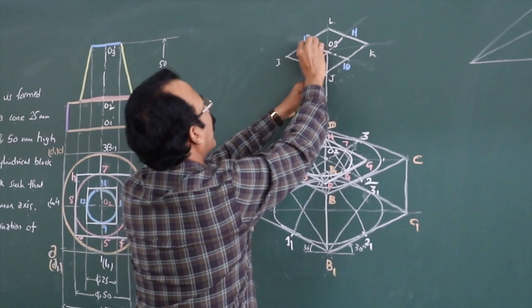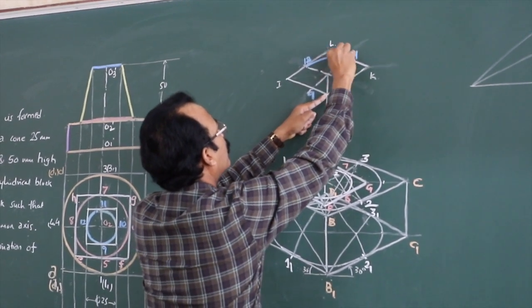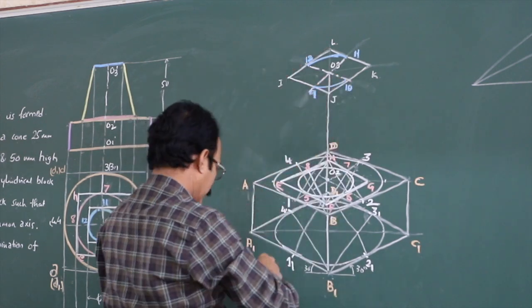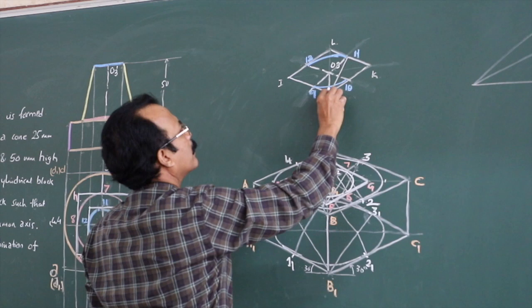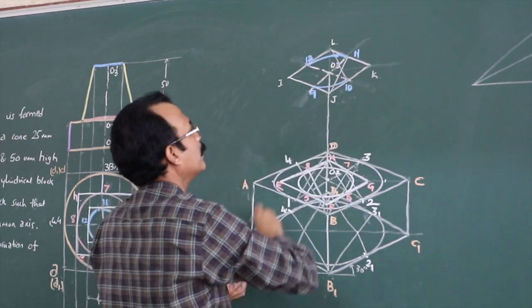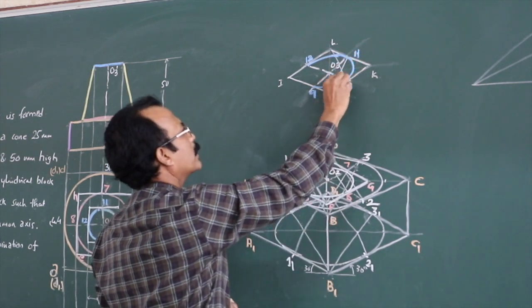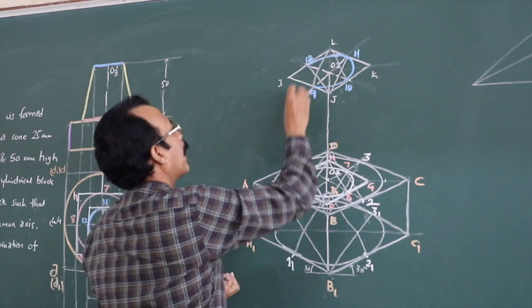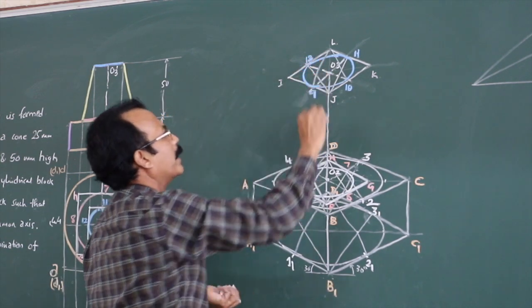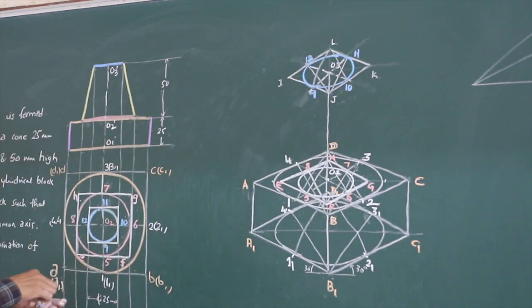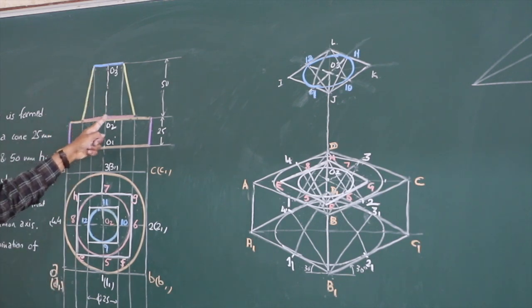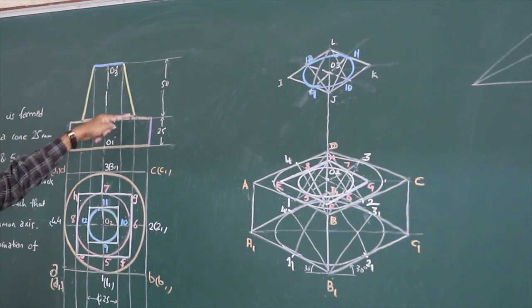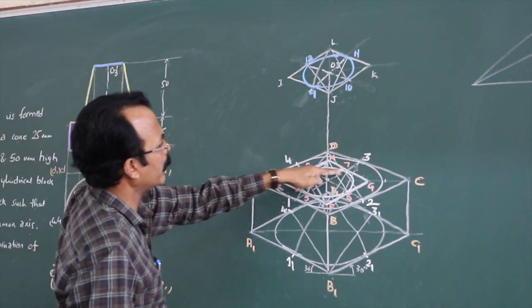Take J and this arc you draw. Similarly, take other end of the shorter diagonal, this arc you draw. Then connect the opposite midpoints. You will get a new center. Draw this curve. Repeat the same procedure here. And you get this curve here. Right? So, once you get that curve, it should be connected to this base of the frustum of the cone by these generators. Right? So, that curve is here.